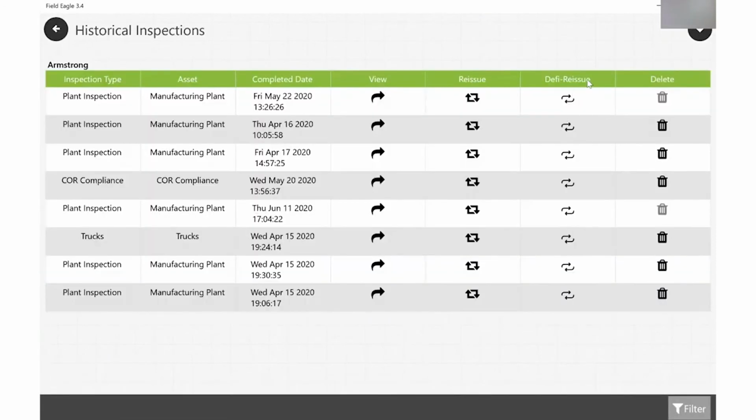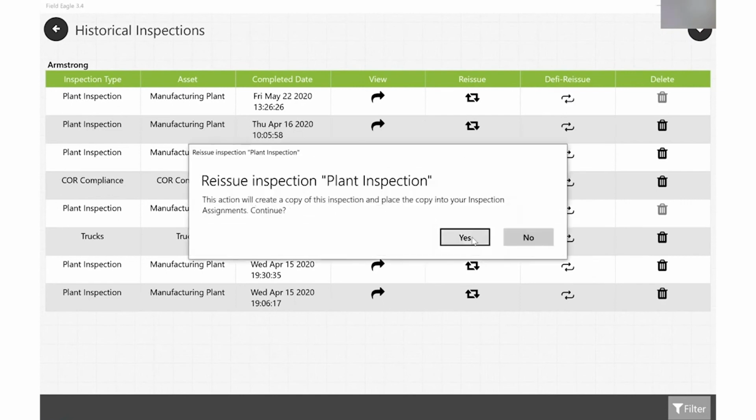Now, if I go back to my historical, the other thing you can do is you can issue a deficient reissue. So this means if there were 5 items on my template that did not pass, and I set them up, sent them out to get fixed, and now someone is telling me that it's been fixed and it needs to be re-inspected. Instead of redoing this whole entire inspection, I can reissue only the deficient items. So if I say reissue